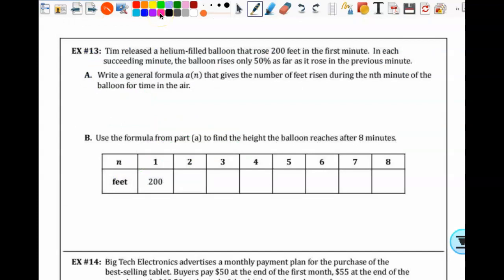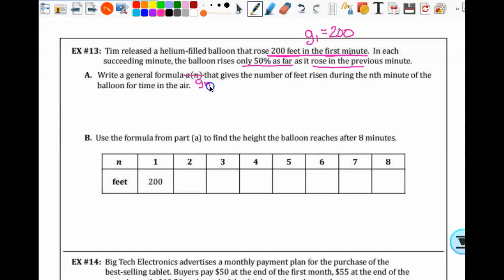Okay, so Tim released a helium-filled balloon that rose 200 feet in the first minute. In each succeeding minute, the balloon rises only 50% as far as it rose in the previous minute. So it's not rising 2 feet every minute. Clearly, it's not linear. Since it's a percent change, that's what tells us it's geometric. So since this 200 feet in the first minute, that tells me G sub 1 is 200. Okay? Write a general form,